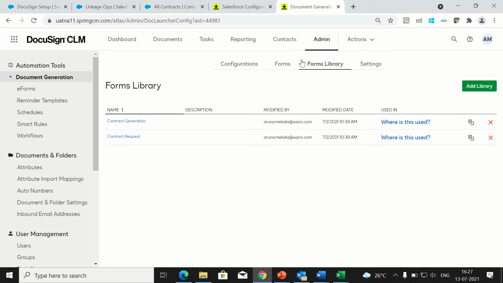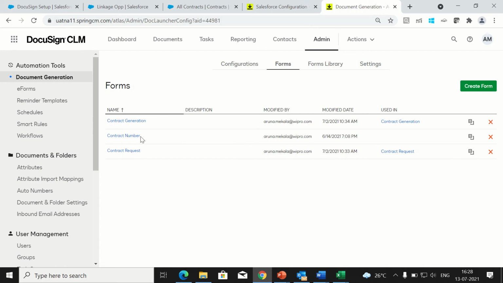Now the forms. Sorry, those are form libraries I have taken. This is to make the components more efficient. If more than two or three fields or sections are common in many of the forms, it will be easier to access the same form library in many forms. Instead of creating them many times, it is better to create once and use many times. And if we want to edit any field there, it will be easier: if we edit one place, it will be reflected in many forms.